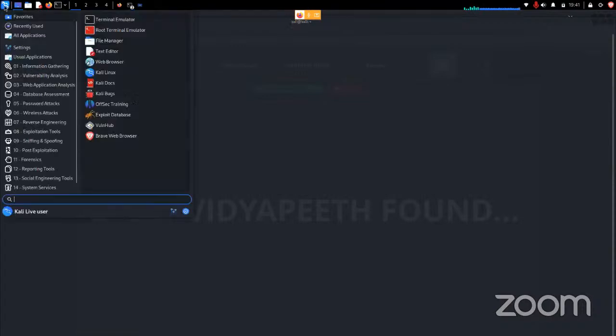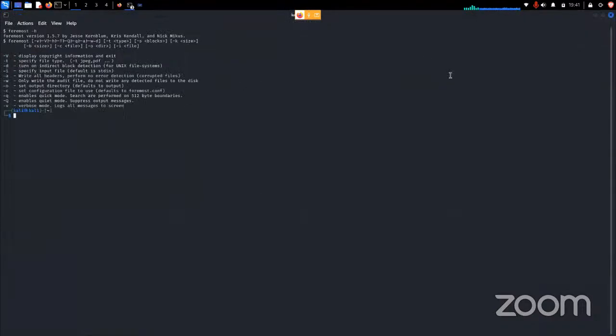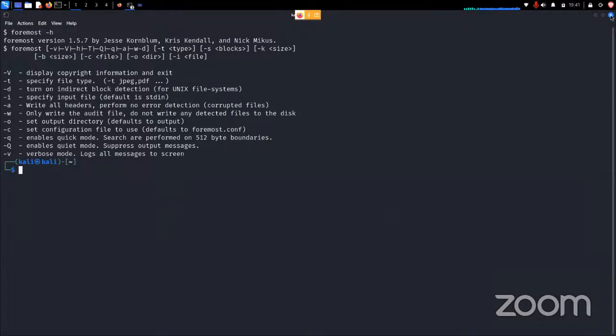To start with, foremost is a very simple and efficient command line tool. You can open foremost by going through Applications and searching for foremost there, and you can also use it in the command terminal. If your system does not have foremost, you can simply download it by using sudo apt